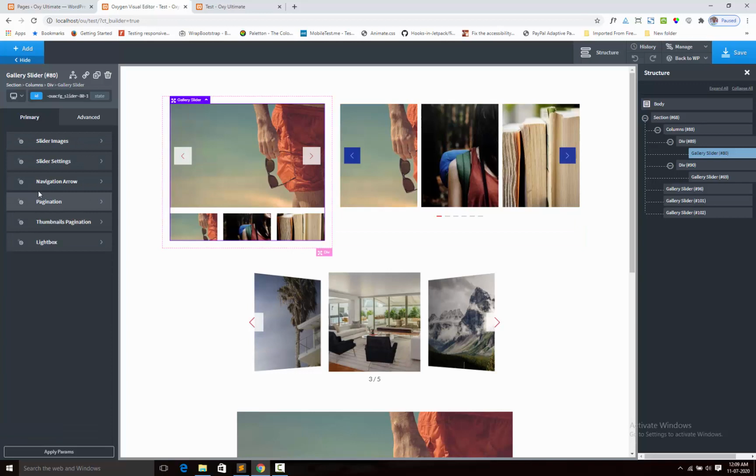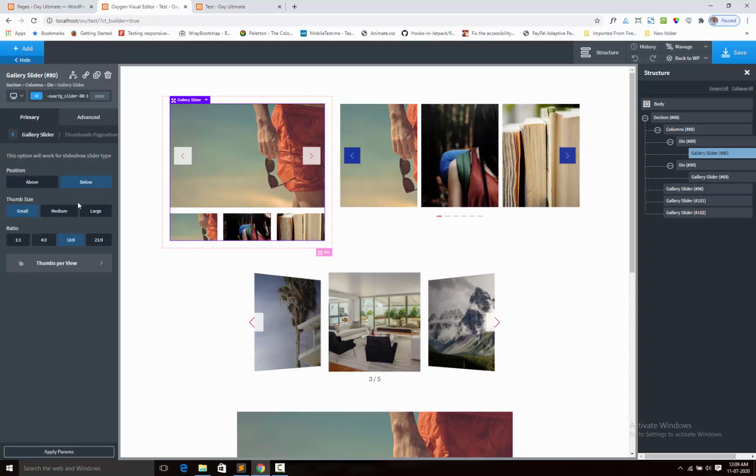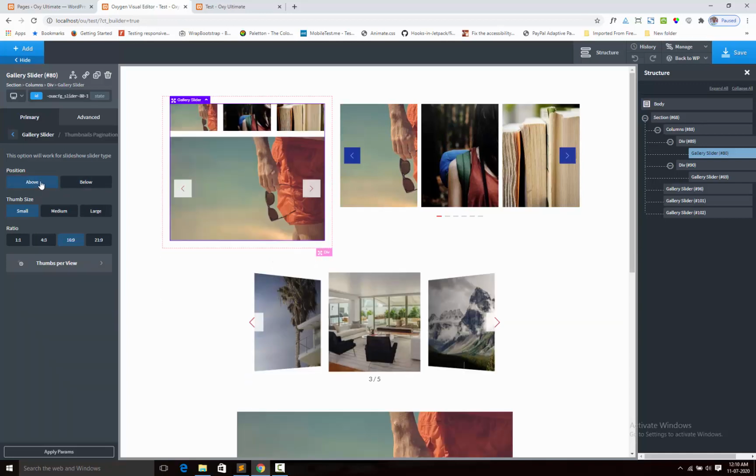This pagination will not work here. You will not get the option here when you select the slideshow mode. So you can adjust the thumbnail size and position. Like I select the below, you can use the above. Okay, it is coming above the main slider.